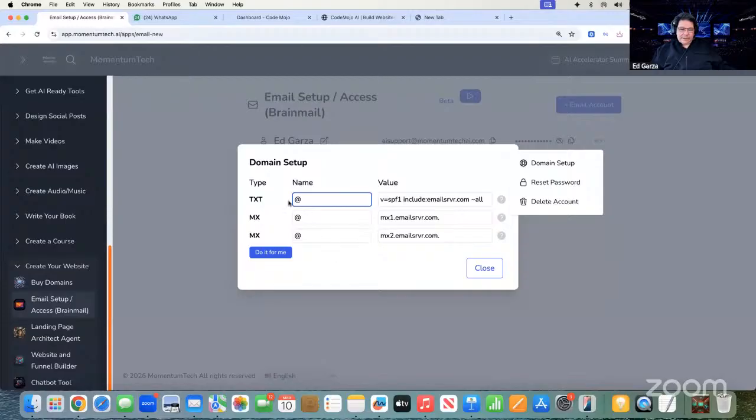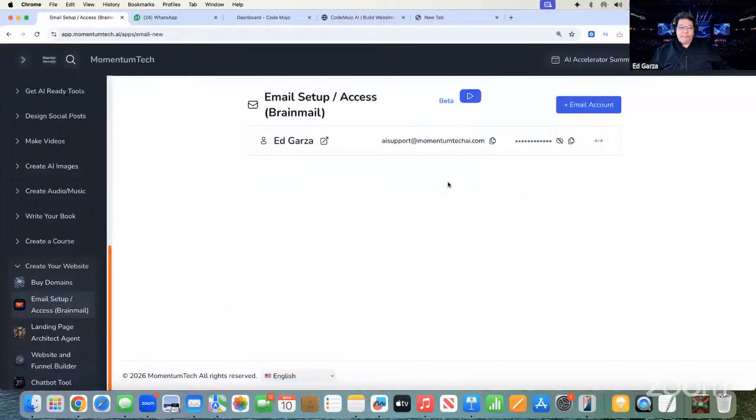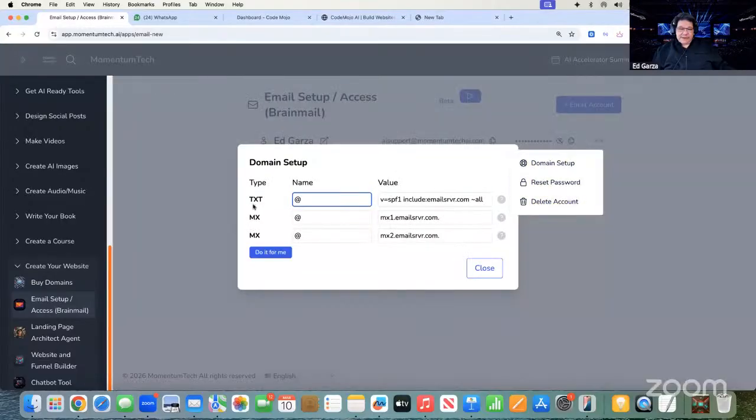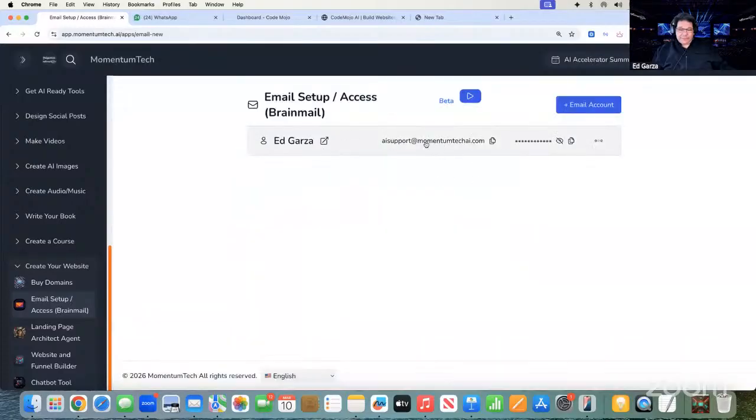Okay? So again, to repeat, if you buy an email address and your domain is registered somewhere else, you have to set up the DNS records. That's a text record, TXT, and an MX, and another MX: mail server 1, mail server 2, and the TXT. The done-for-you option is like if I bought the email here in the platform.